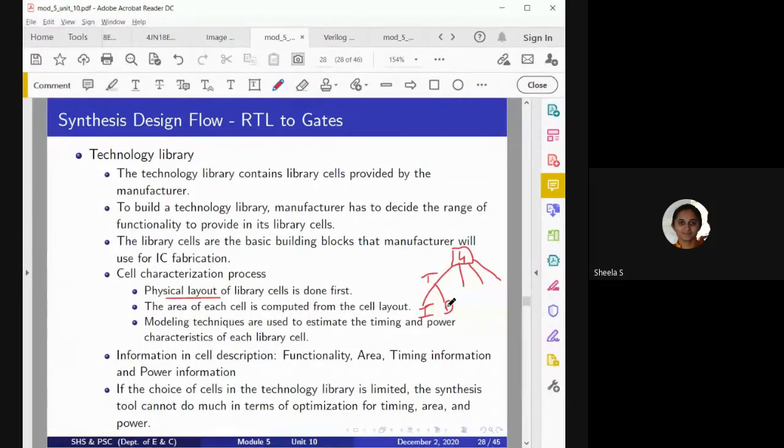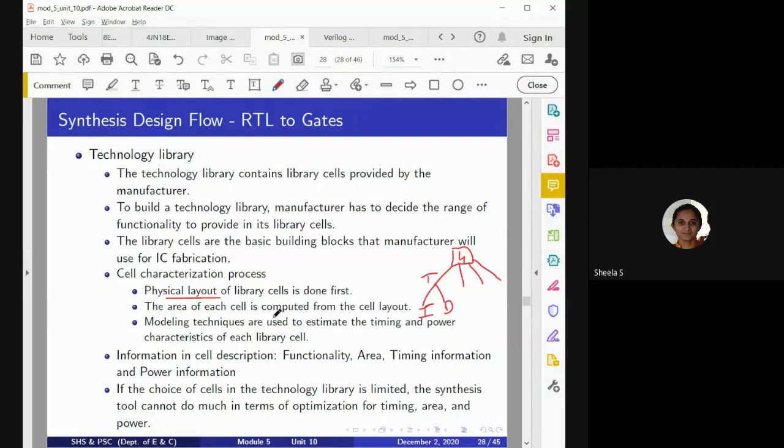That is the reason the vendor has to decide all these things while characterizing a particular library cell. For each individual library cell, he should consider its layout, its area, its timing and power constraints.